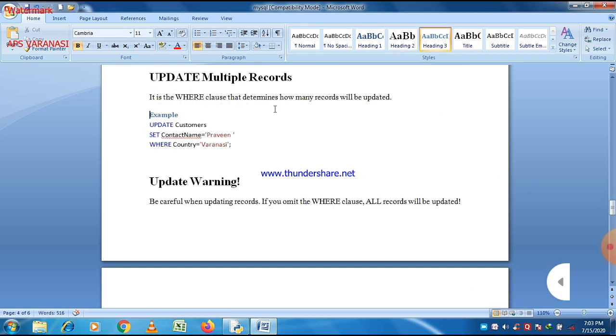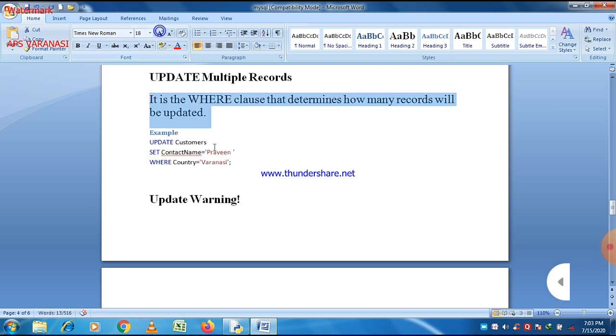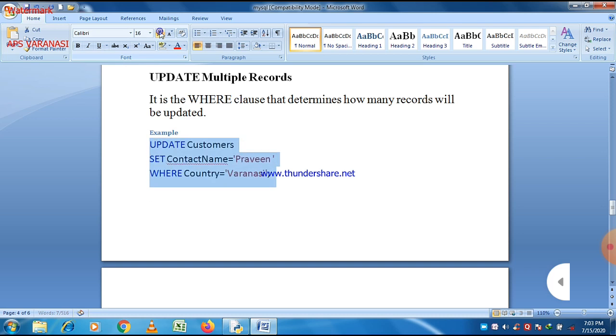Let us take an example of updating multiple records. First of all write UPDATE, then the table name, customers in this case, and then use the keyword SET.